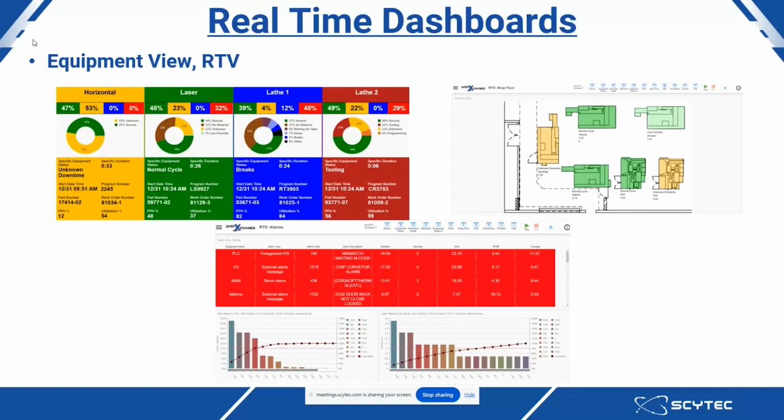And I want you guys to imagine these images that you're looking at right now on a TV out on your shop floor, or a computer, or on your phone, whatever. We have a few different real-time dashboards, including the equipment view, which you can see over there in the top left-hand corner, which I kind of went through as well. I'm going to be showing you that here in just a minute in our demonstration,